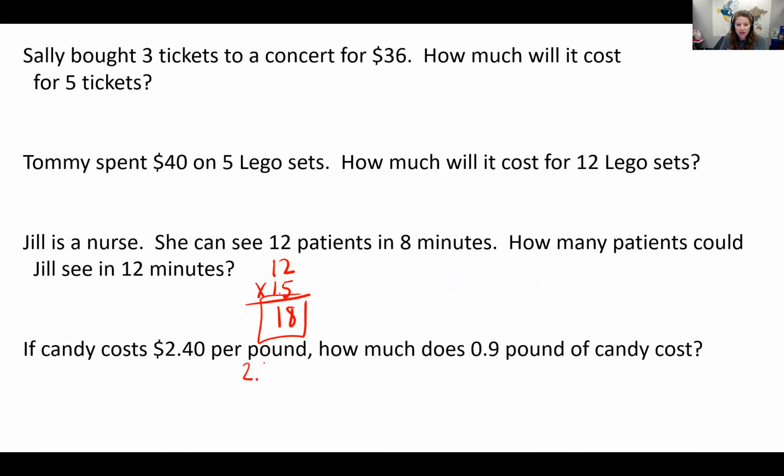So $2.40 for 1 pound, right? Well, guess what? That is the unit rate. The unit rate is $2.40. So now I multiply